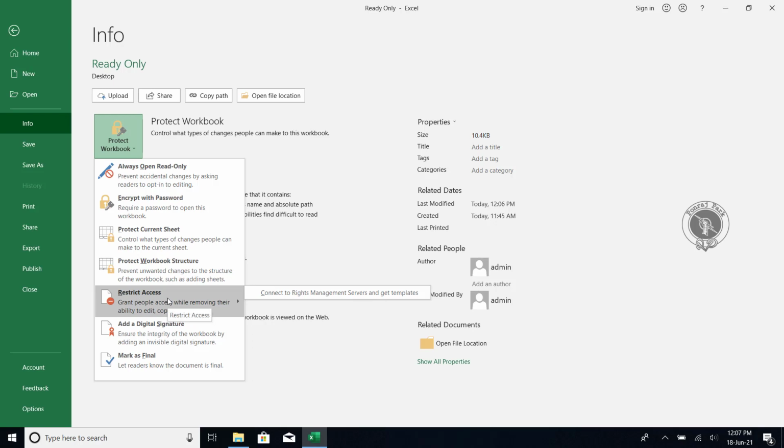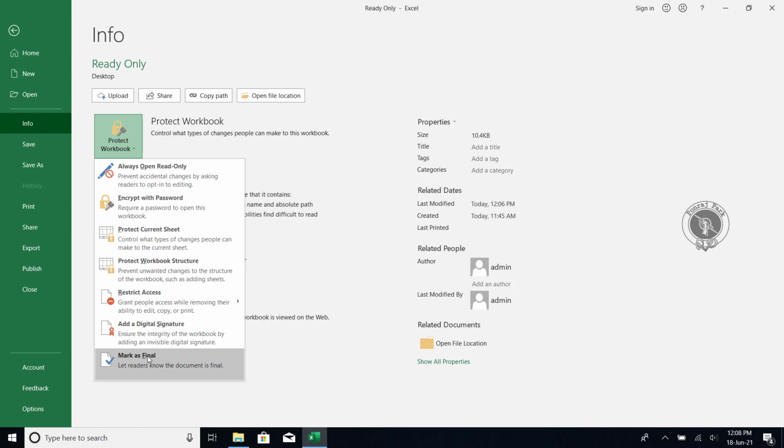This does not belong to our basic MS Office topic, so we will leave Restrict Access. Also Digital Signature, you can add a digital signature, but that is not applicable to us for now, so we will skip that one also.